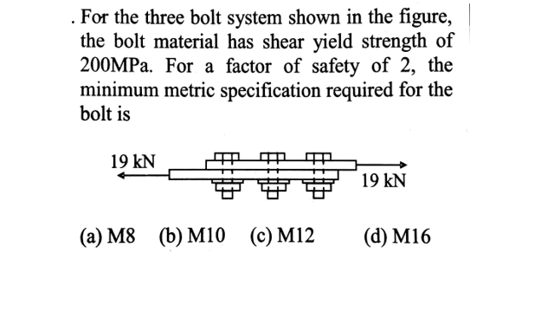Now we are seeing some of the previous GATE questions from the subject Machine Design. For the 3-bolt system shown in the figure, the bolt material has a yield strength of 200 megapascal for a factor of safety of 2. The minimum metric specification required for the bolt is, and some of the options are given